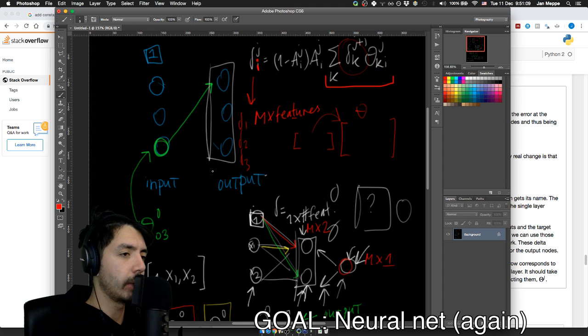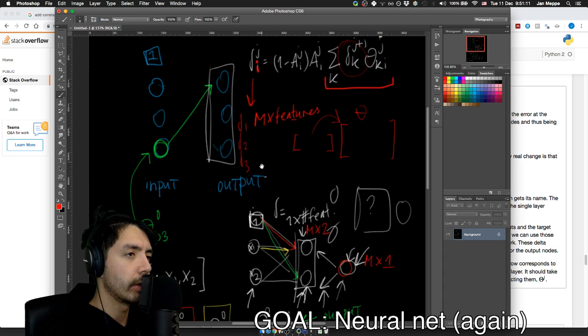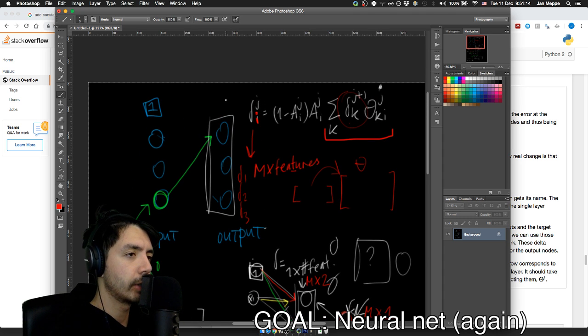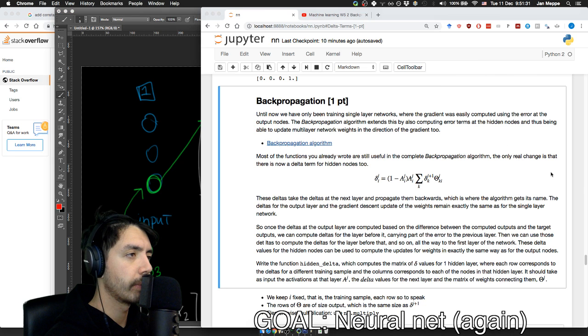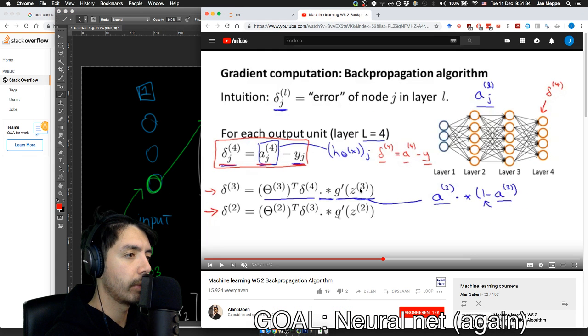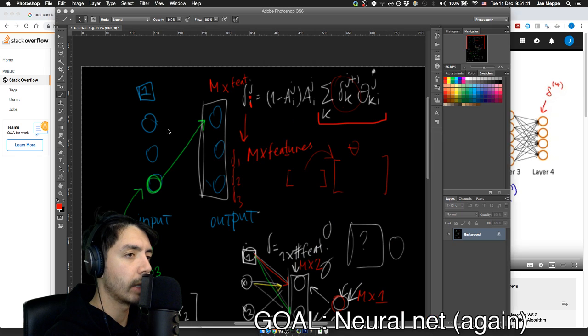So let's see what the dimensions should be in the end. So delta should be m times features of the hidden layer. And then if we use the formula above, this is the delta, this is delta next, and delta next equals,